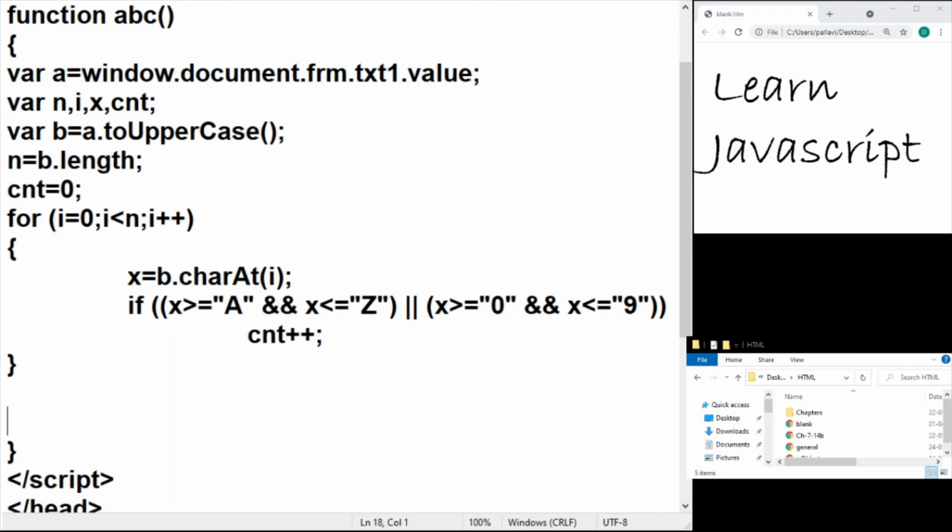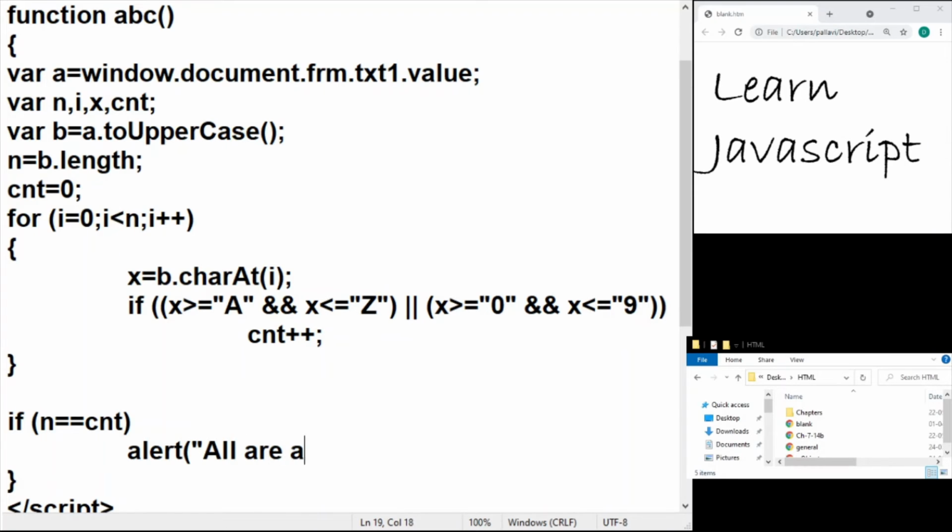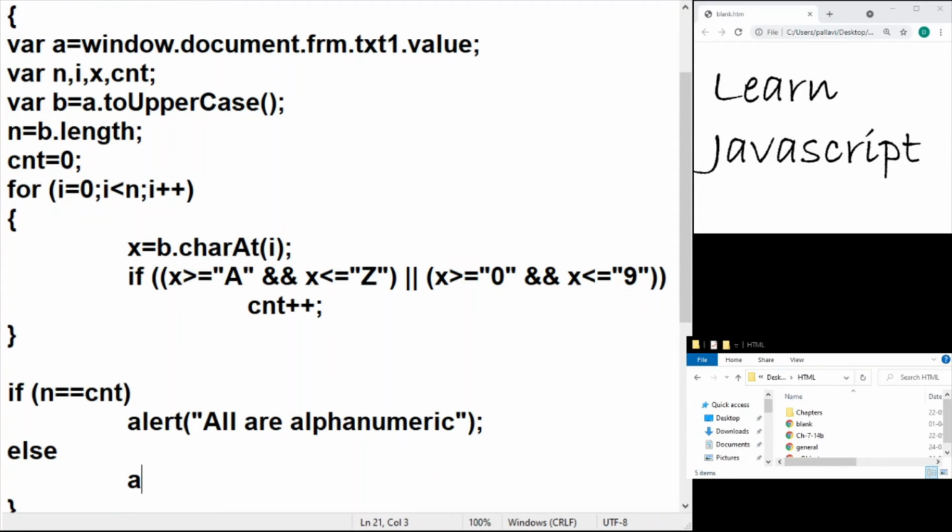So I will just go ahead and write if the counter value is equal to the length of the string. Right, so this should do the trick.